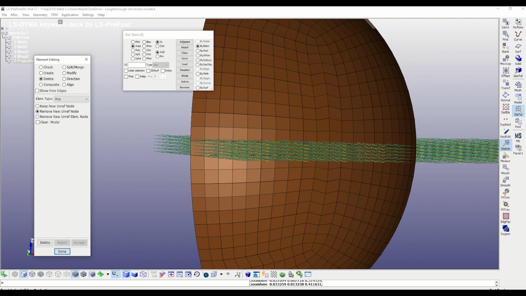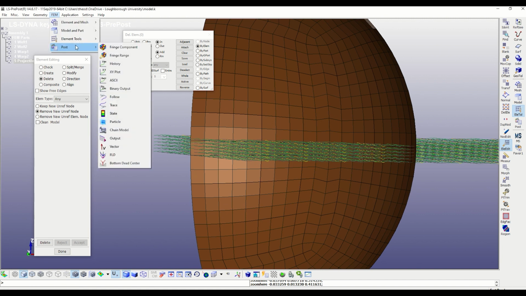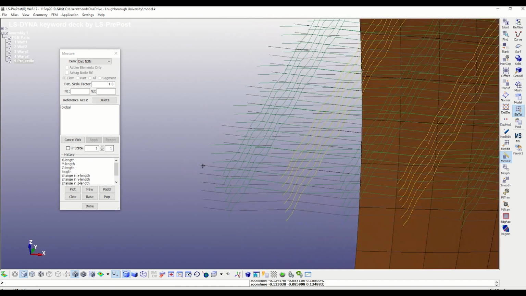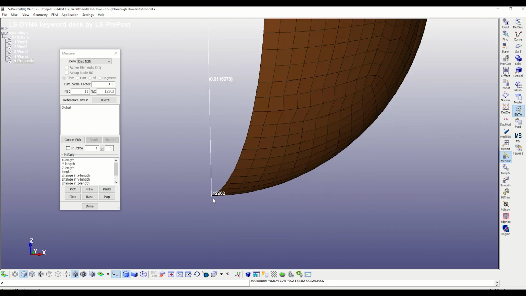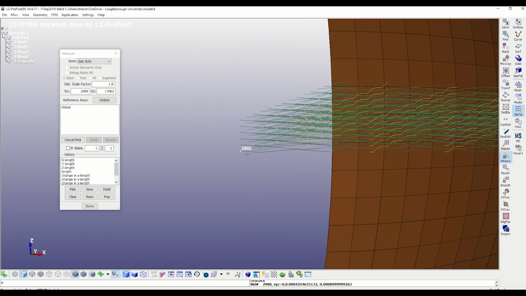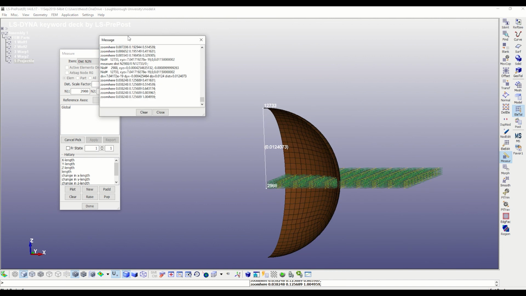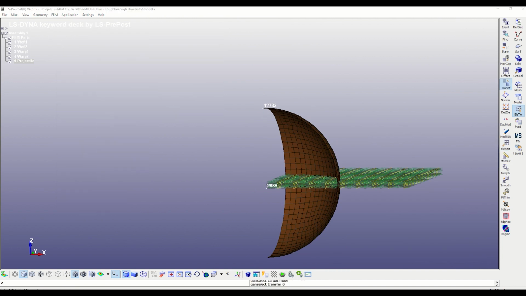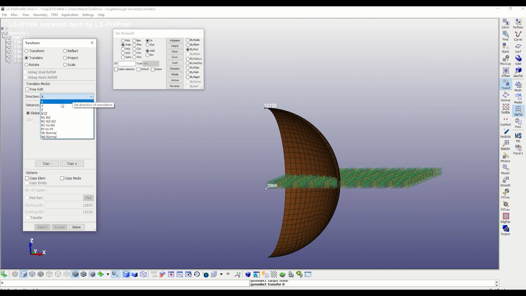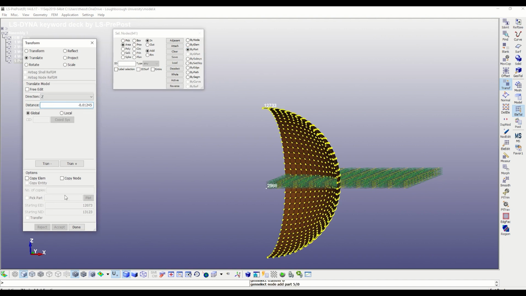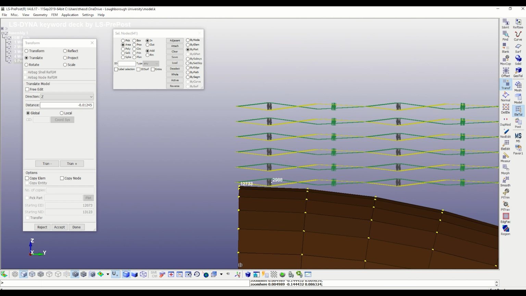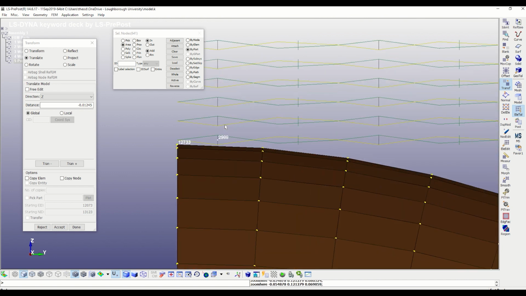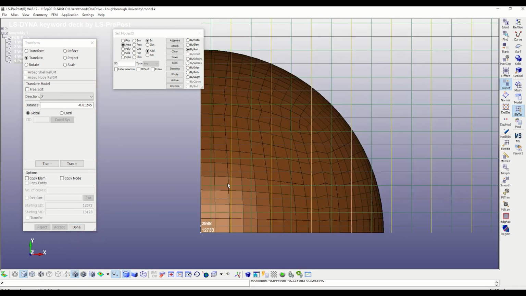The last part in constructing the geometry is to transpose the spherical projectile in the Z direction. Perfect, our geometry is now ready.